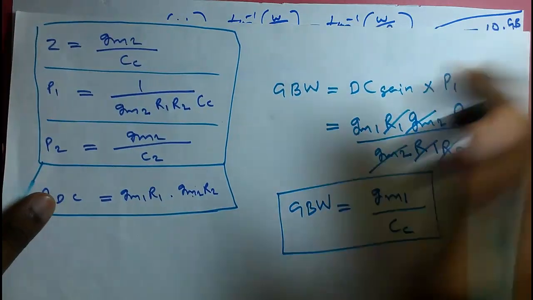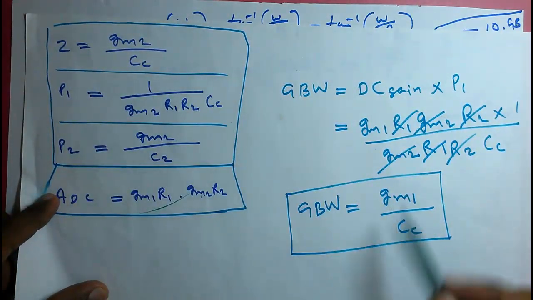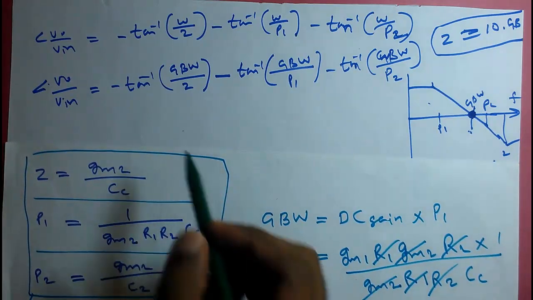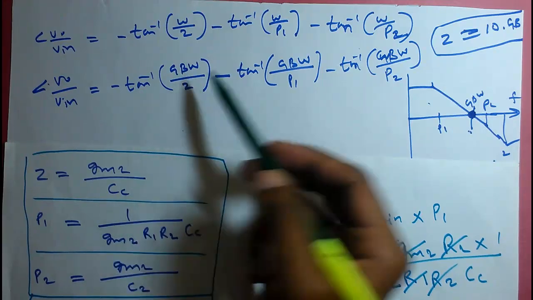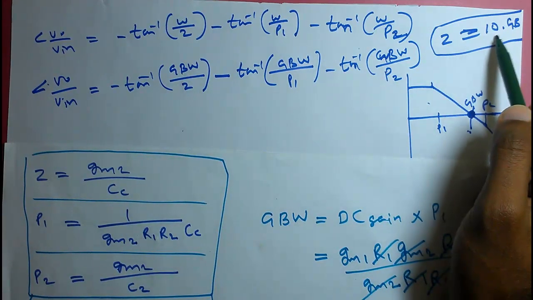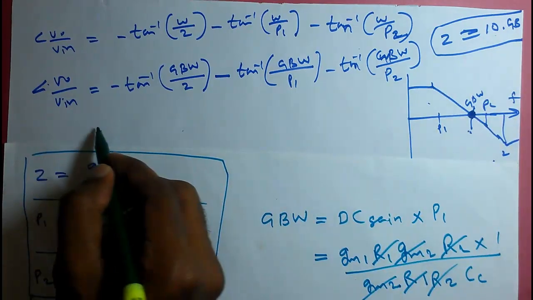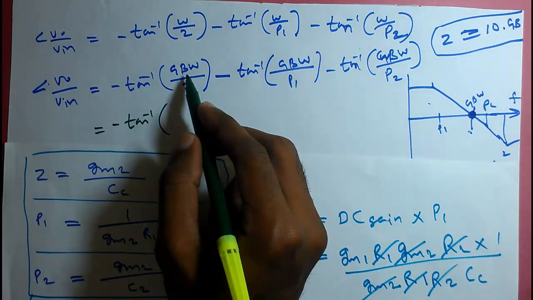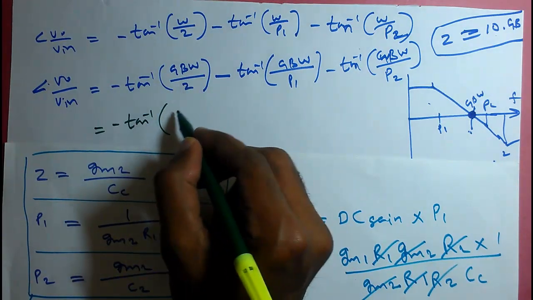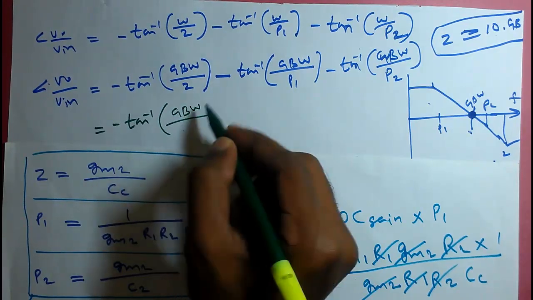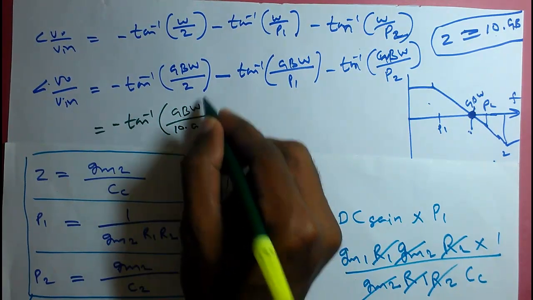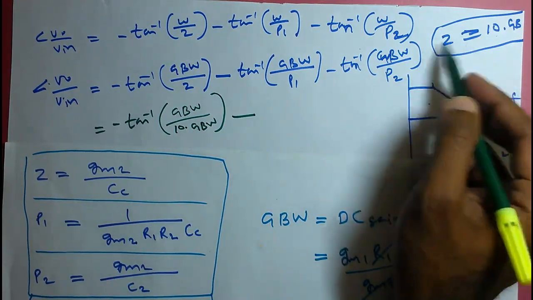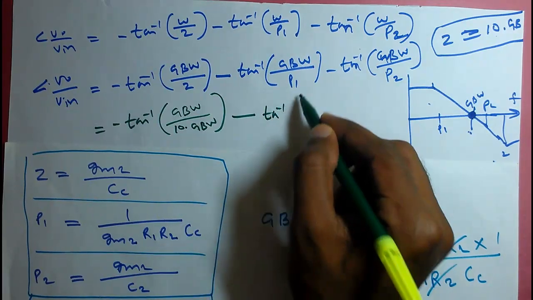Now we have all these relations. These relations we already designed, so we can substitute them. Before substituting, we already assumed that ω0 is 10 times the gain bandwidth. So first we can do that. This equals minus tan inverse of gain bandwidth divided by ω0, where ω0 is 10 times the gain bandwidth because of our assumption. Then in the tan inverse